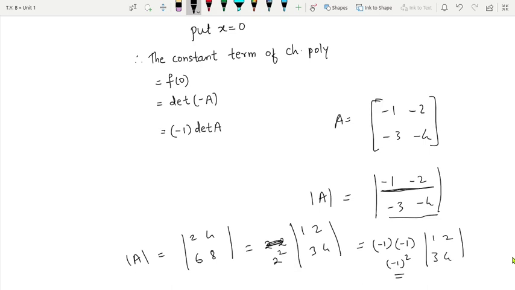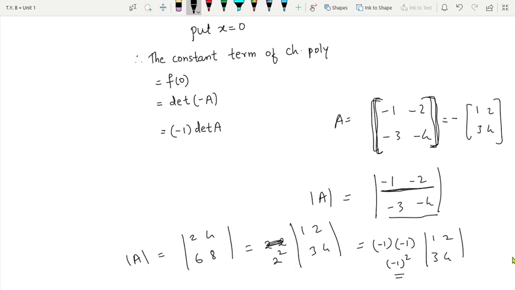But that is not the case if you are having a matrix. If you are having a matrix, then you can take the element out of the matrix only if it is common to all the elements. So this will be minus times 1, 2, 3, 4. So this is the difference between a determinant and a matrix. Over here we are dealing with the determinant and not the matrix.